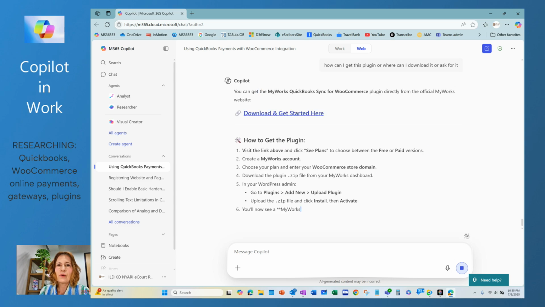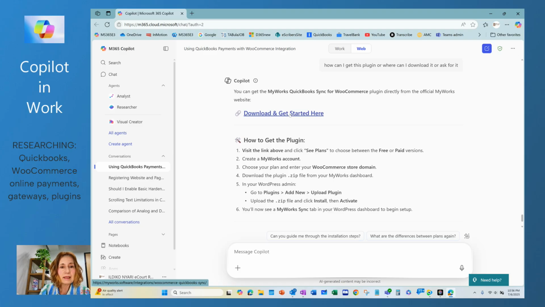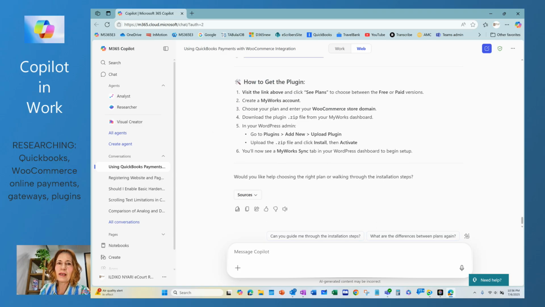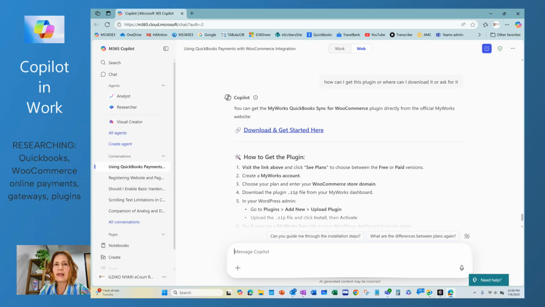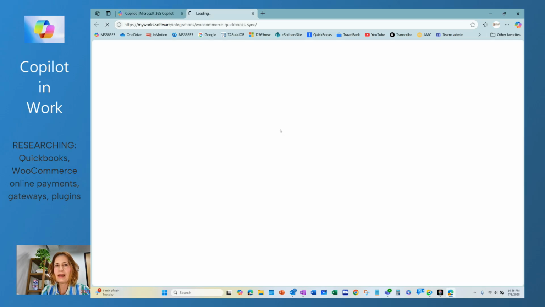Okay, so here is download and get set. So here I can click on this and it takes me to WooCommerce QuickBooks. I will show you how to get the plugin. It gives me exactly how to get the plugin, all the steps, and how to install the plugin, and I can go to download and get the plugin. So if I click on this,